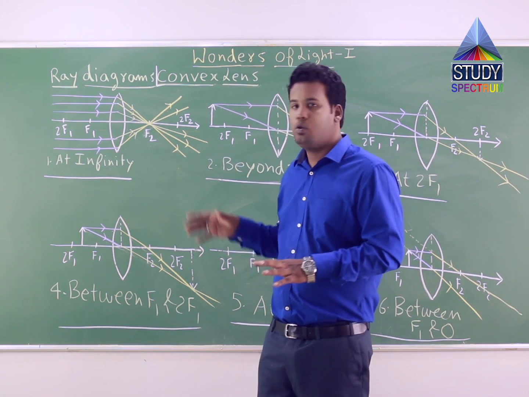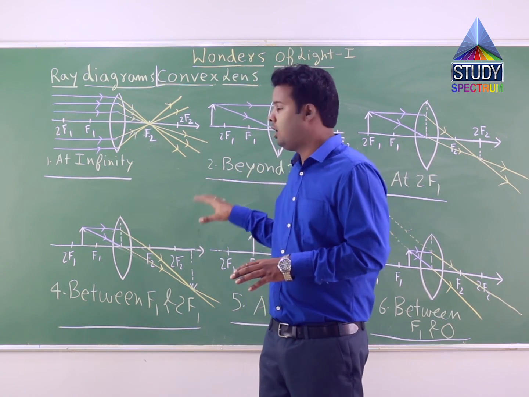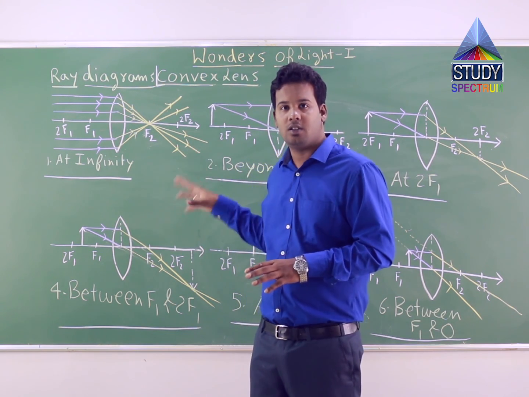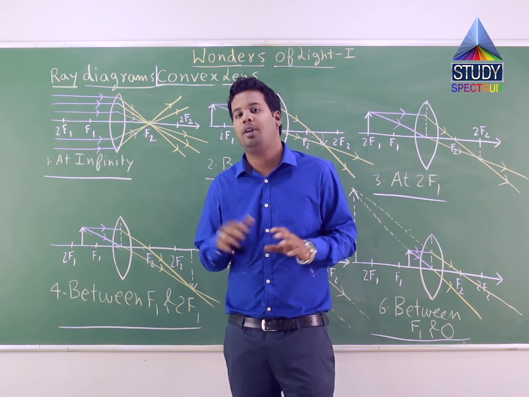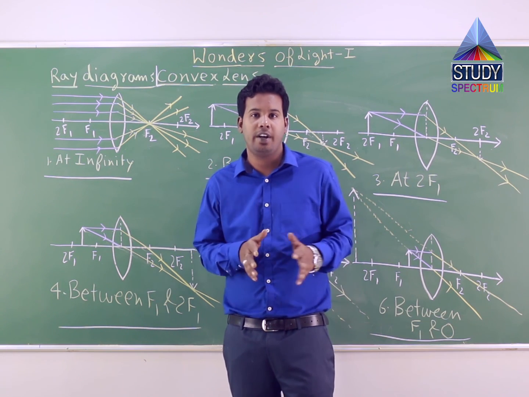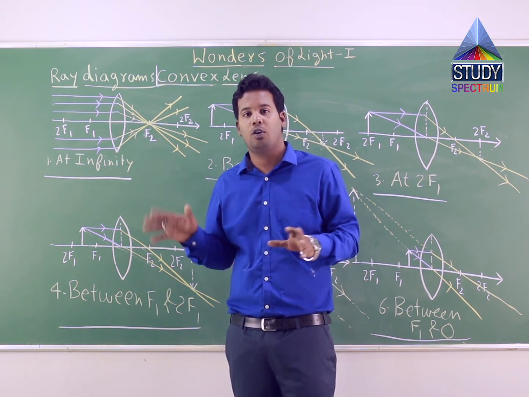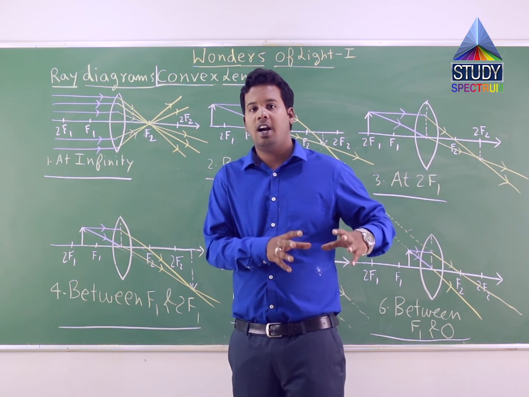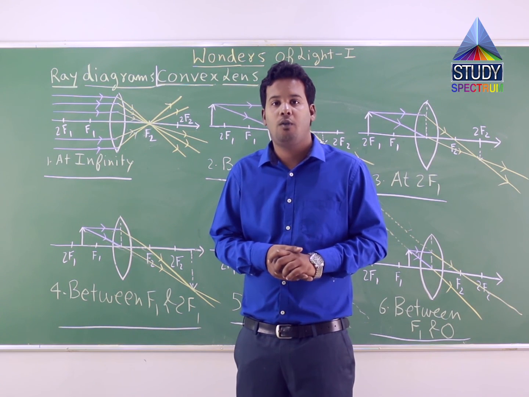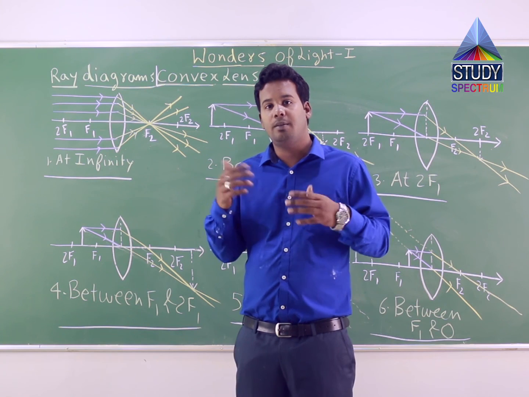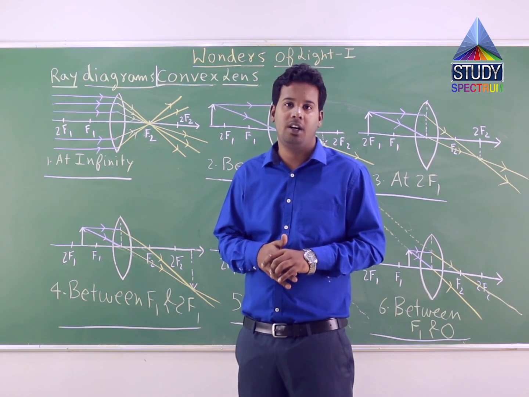Okay, we have learned the rules for drawing ray diagrams in case of concave mirror also, if you remember. We have learned the rules for drawing ray diagrams for this convex lens also, correct? So these were different cases of position of objects placed in front of concave mirror, then we have seen convex mirror, and just now before these ray diagrams and rules for drawing ray diagrams, we have seen for convex lens. Now, since we are done with position of objects for mirrors and lens, now we will talk about what is actually power of lens, what does it mean, what is its significance, and how it varies with focal lengths of different lenses.